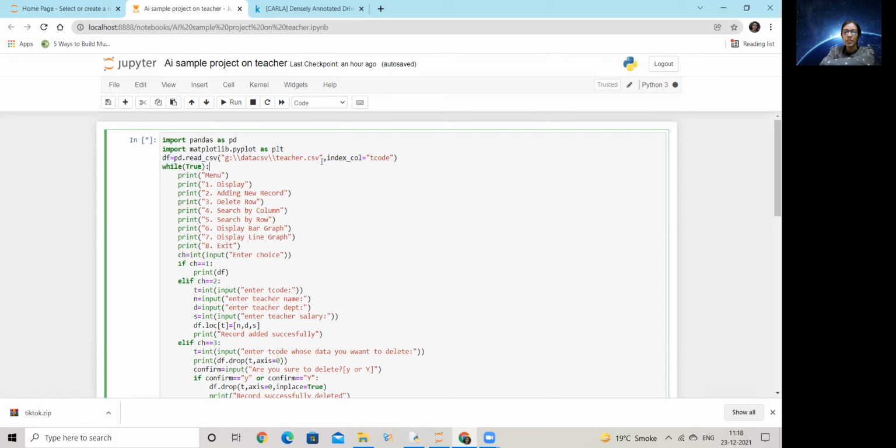This I explained in the last class, that I can have a parameter index_col to identify any one of the columns of the CSV file as an index. Because ultimately my searching will be based on the index only, my insertion and all that. Index is important for me. I don't want to go by the default index. I want to go by my index.